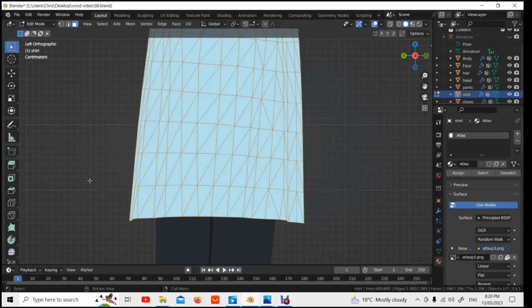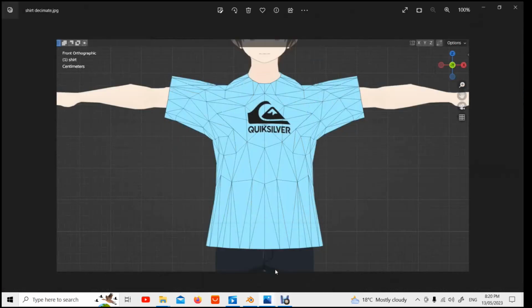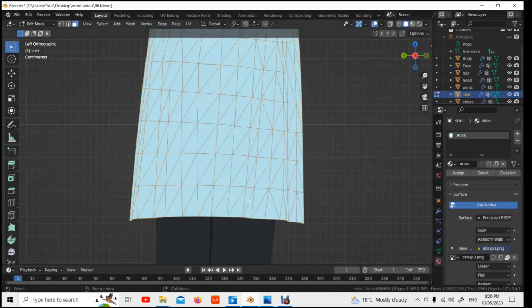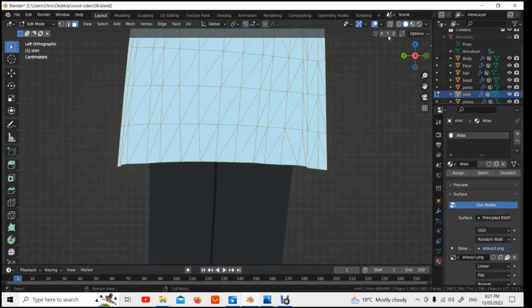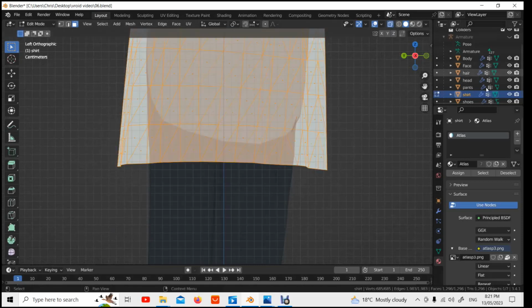Now this is the only time we can really take off the bottom of the shirt easily like this, because if you have a look, after it's decimated it will look like this, and so we won't have those edge loops going around. Much easier at the moment. So we need to go to X-ray mode. I'm going to hide the pants just so they're not in the way,